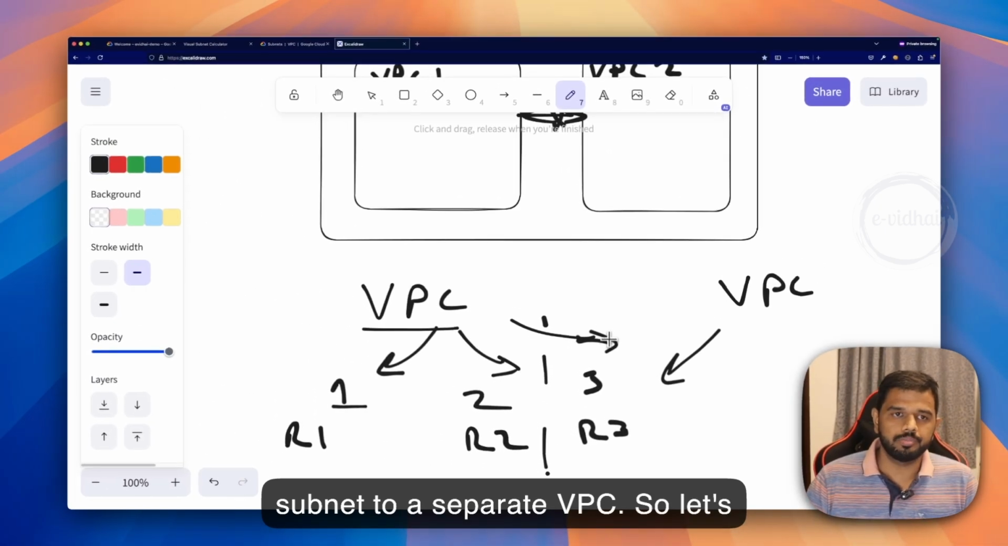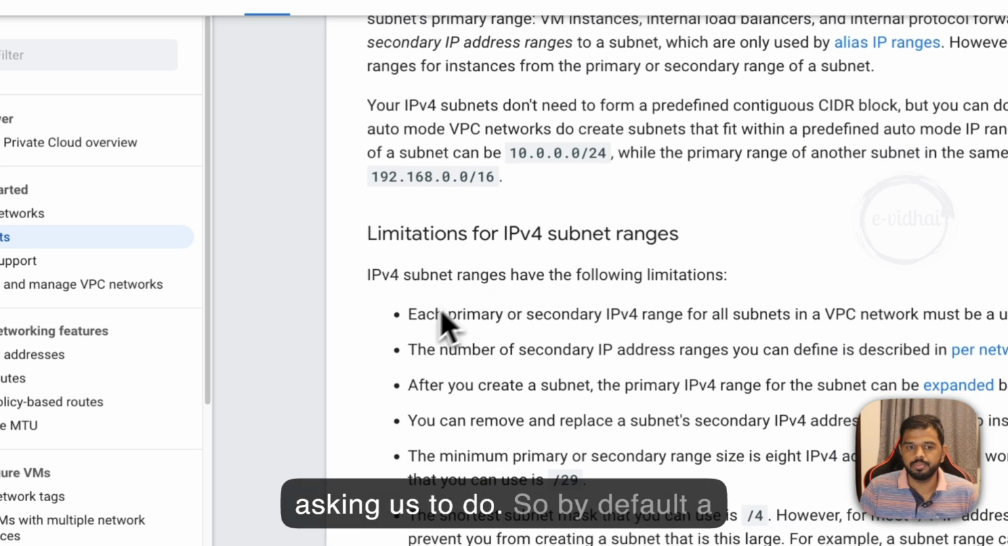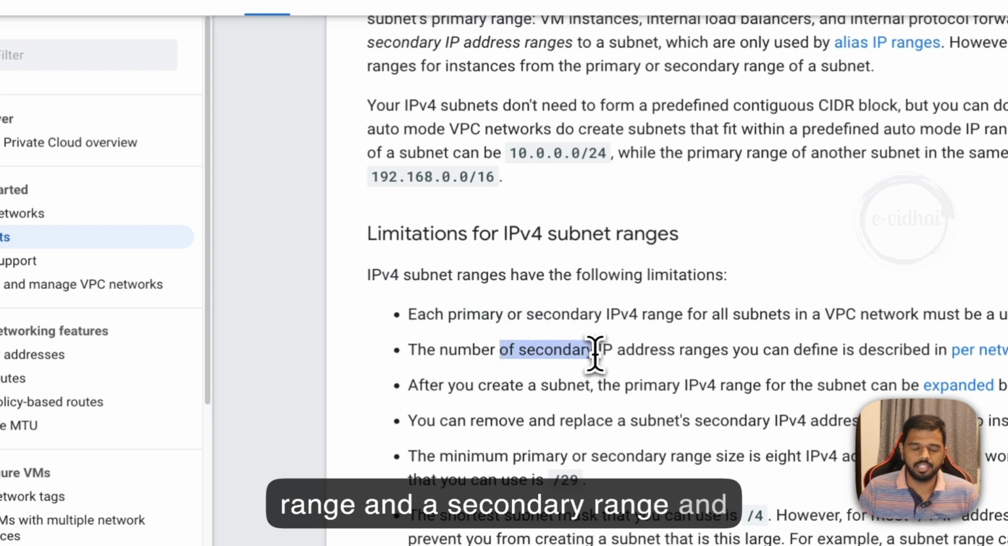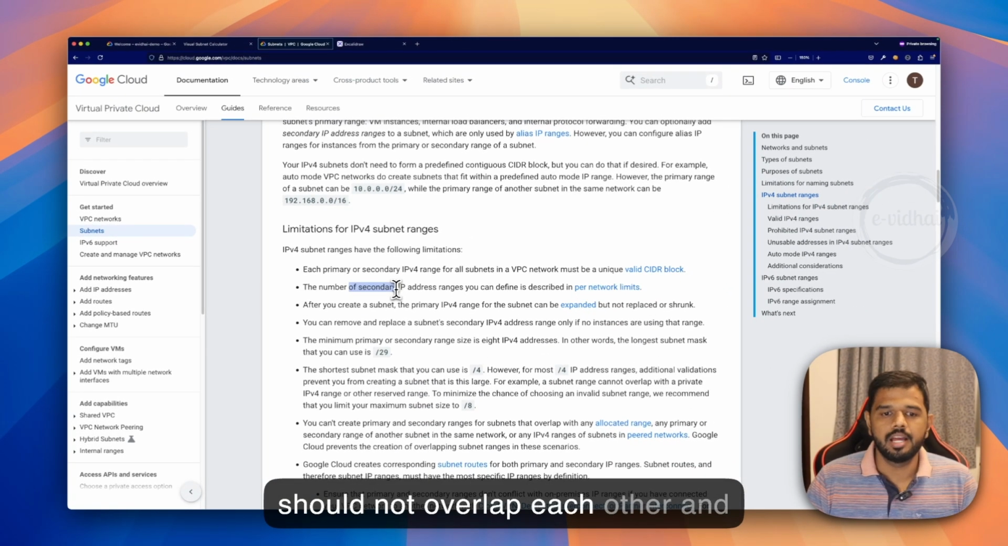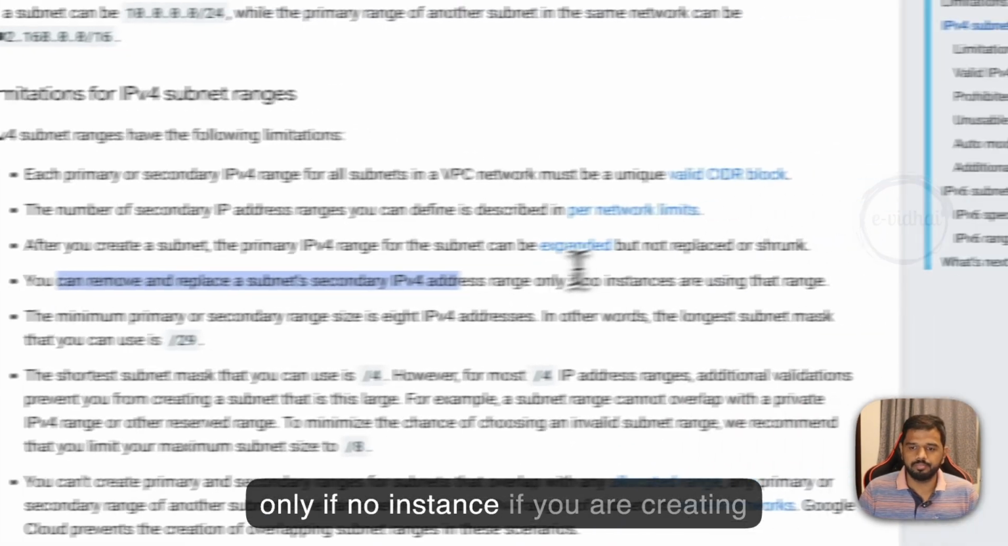Okay, so let's start with it. What are the tips and best practices they're asking us to follow? By default, a single subnet can hold a primary range and a secondary range, and obviously those two ranges should not overlap each other. And you can remove and replace a subnet only if no instance